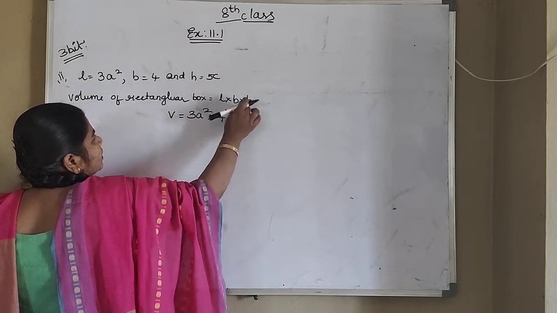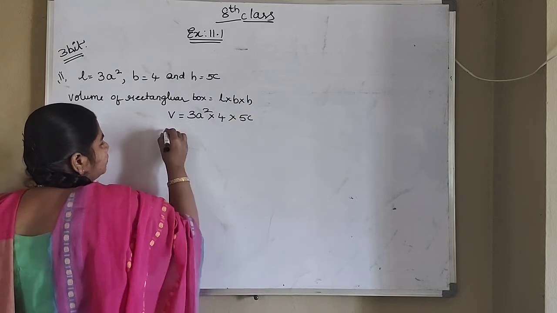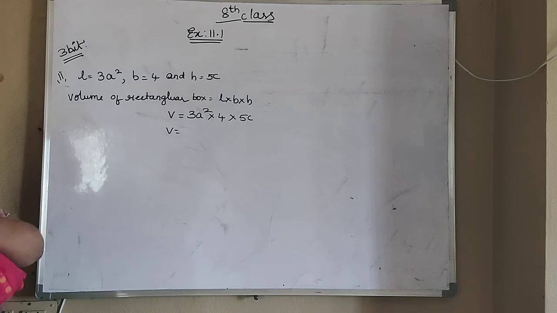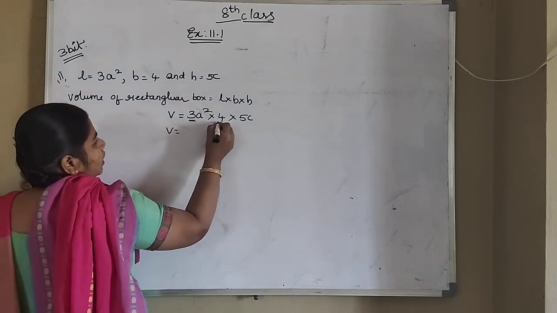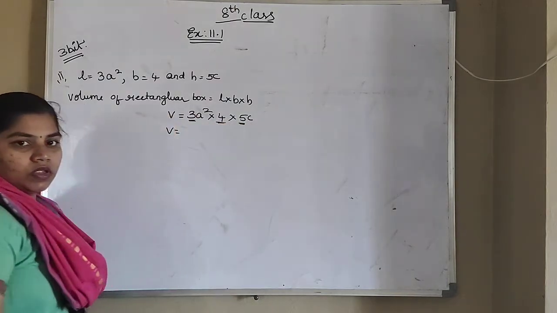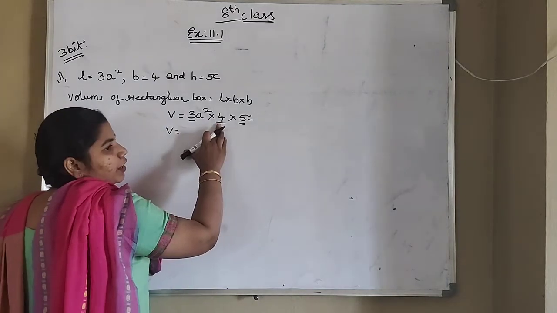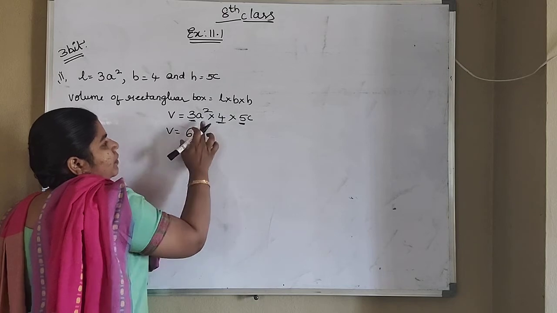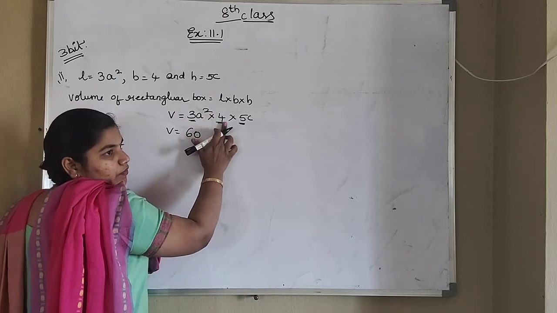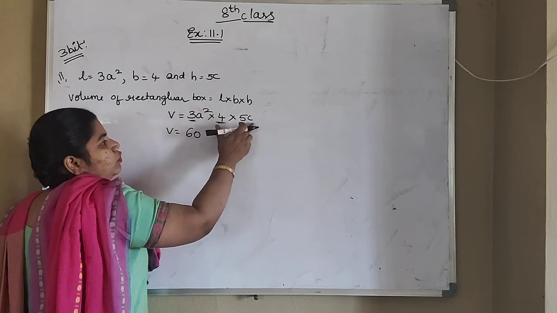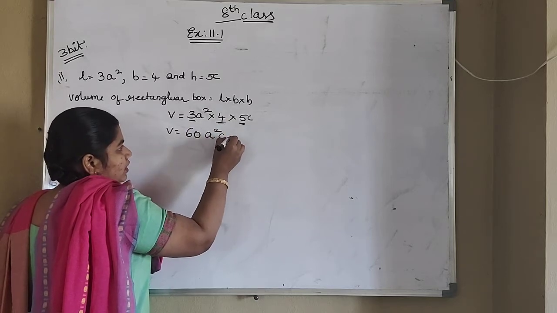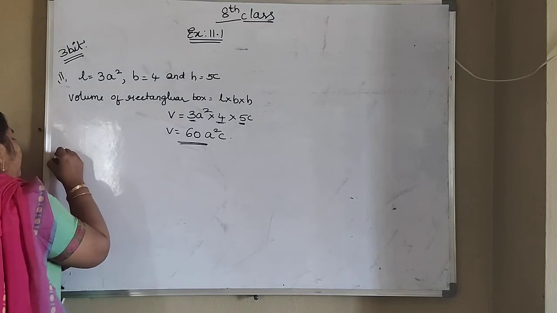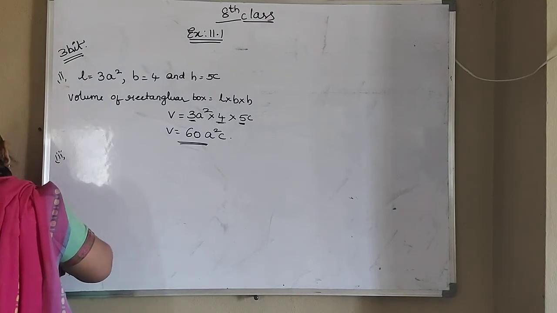4 into what is the height value? 5c. Okay. Now first we have to multiply the numerical numbers. What are numerical numbers? 3, 4, 5. So 5 4s are 20. 20 3s are 60. So you got it as 60. A square, here you don't have any variable. A square into c will be a square c. So what is the volume here? 60 a square c. So next, third one,